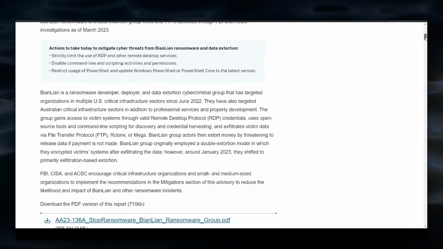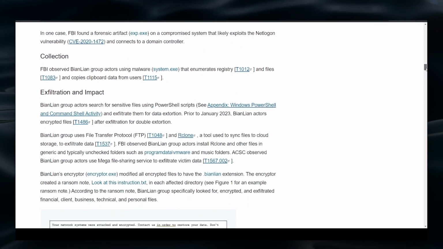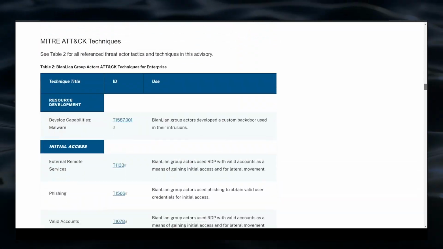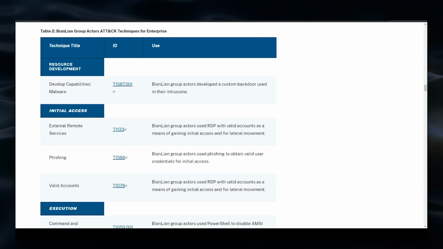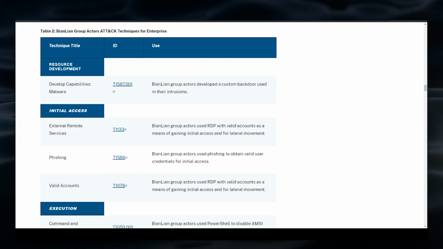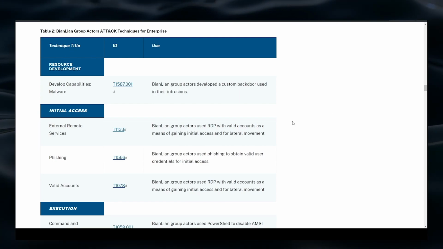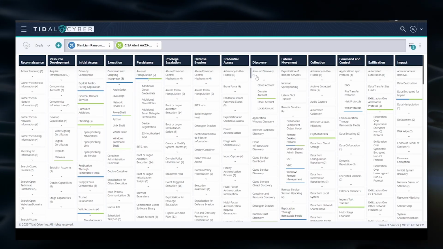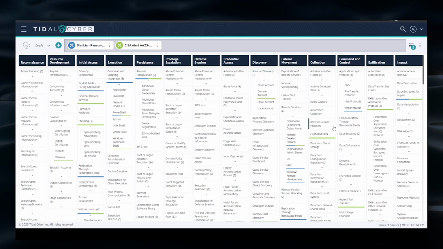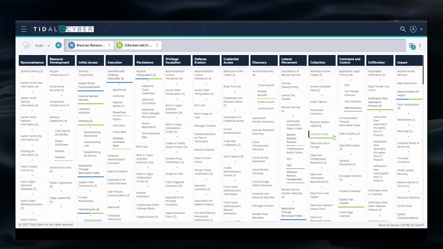The alert is packed with details, including MITRE ATT&CK technique mappings, and most importantly for detection engineering purposes, specific commands that CISA partners observed associated with BianLan intrusions in the wild. We're going to use a combination of the details contained in the alert itself and pivoting in Community Edition to quickly surface open source detection analytics you could consider deploying in your own environment directly related to the ransomware activity